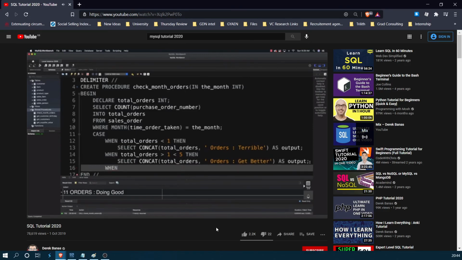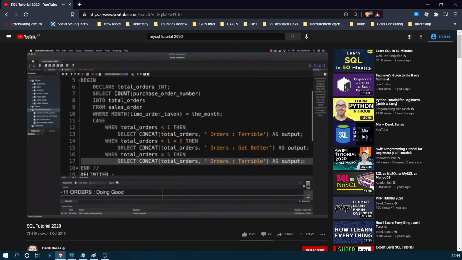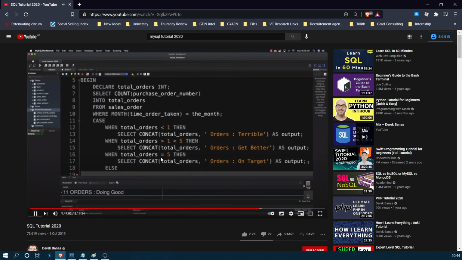Again, do another when, and we'll say total orders equal to 5, then, and do another one inside of here, and we'll say that this is on target. And then finally, as a default, we'll say else, and paste in another